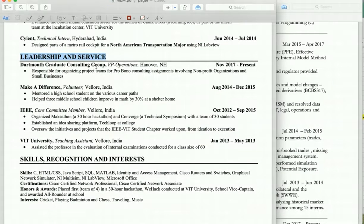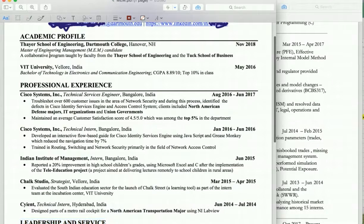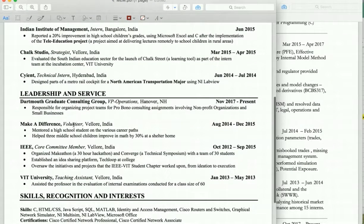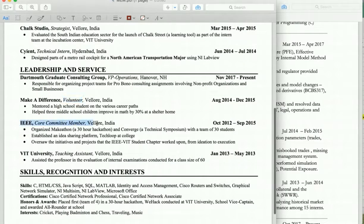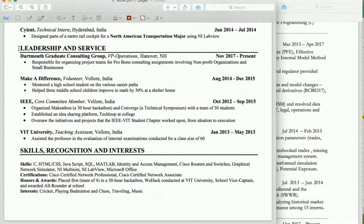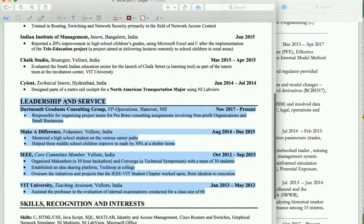Then Dartmouth Graduate Consulting Group VP Operations. I would probably just move this to somewhere in here to avoid this line. Volunteering is not my favorite thing to highlight, especially when you're applying for professional positions. IEEE core committee member is fine, but would I really use so much space for extracurriculars? I'm not sure. So I think this part should be reduced and he should have more of his professional experience,